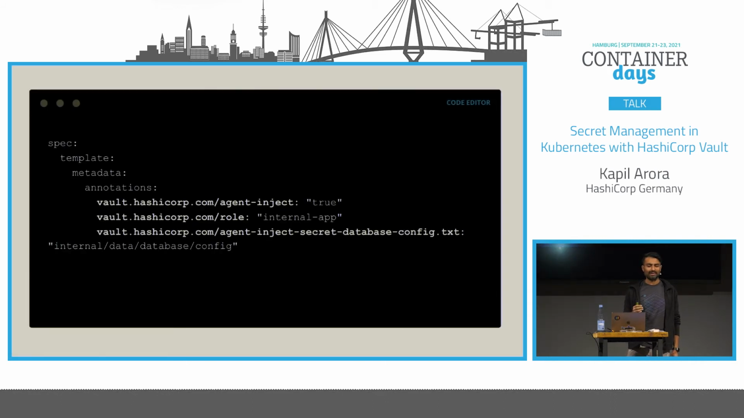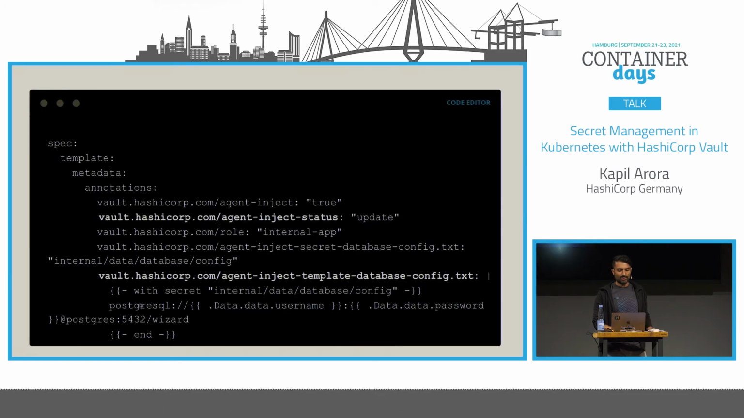Here are some examples of how it looks. When you write your YAML for your application, you just provide these annotations. I want agent injection true. And you can provide the configuration file where the secret should be stored. You can also write a template like this. So if you see here, with secret, which is stored at this path, put the username here and the password